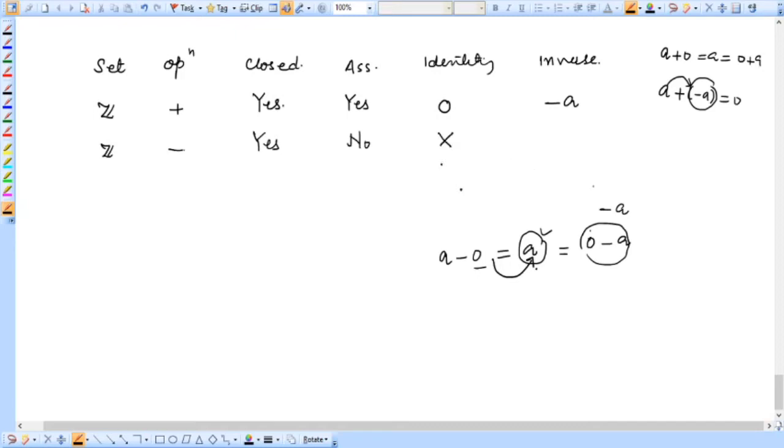There exists no identity here, and so inverse will also not exist, because in order to find inverse, we need to have identity, because inverse is something which when operated with a gives e. Since identity is denoted by e, and we have no e here, there is no point of finding out this inverse, right?